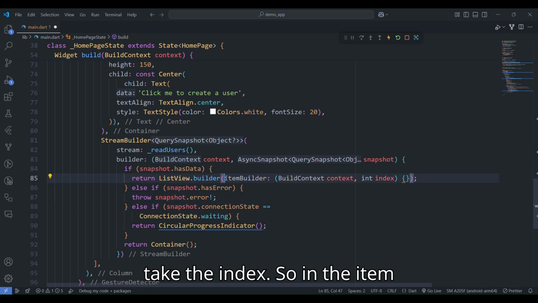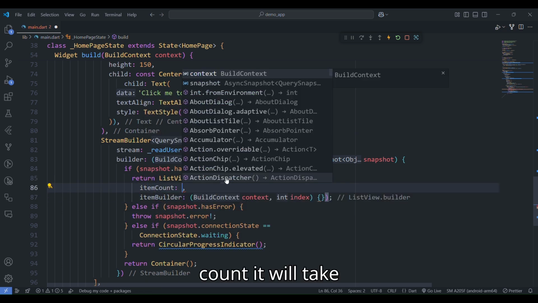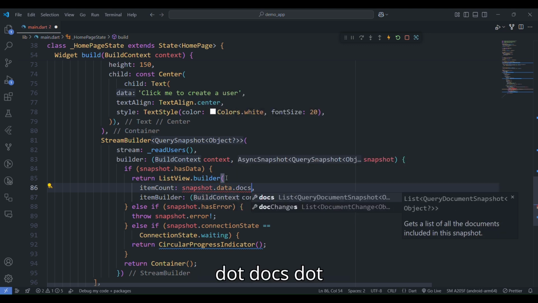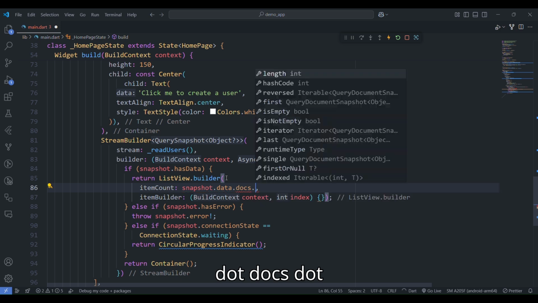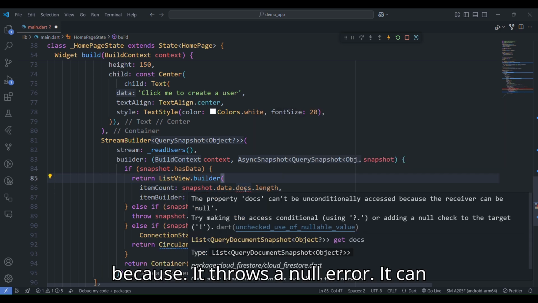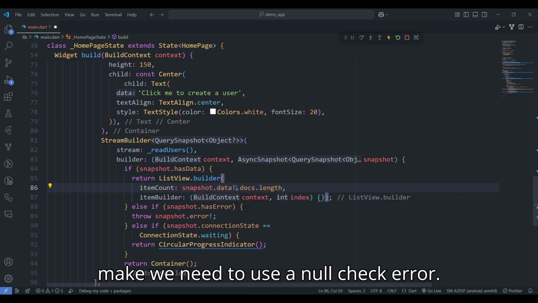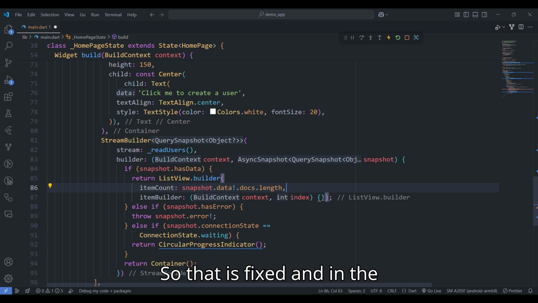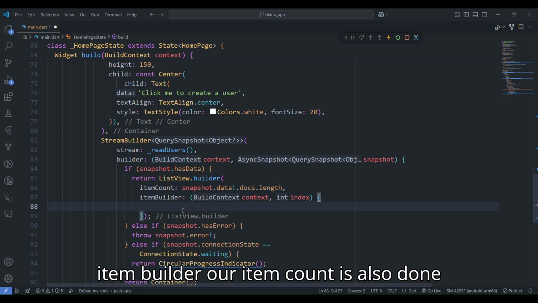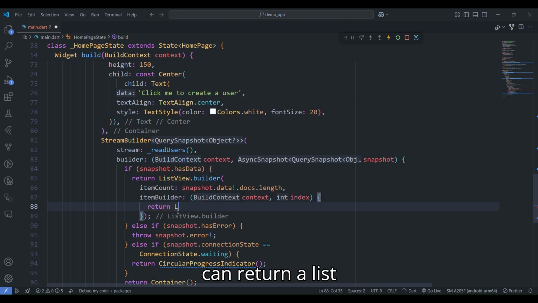So in the itemCount it will take snapshot dot data dot docs dot length, and as you can see it has an error because it throws a null error. It can be unconditionally null, so we need to use a null check. So that is fixed, and our itemCount is also done, and inside itemBuilder we can return a list